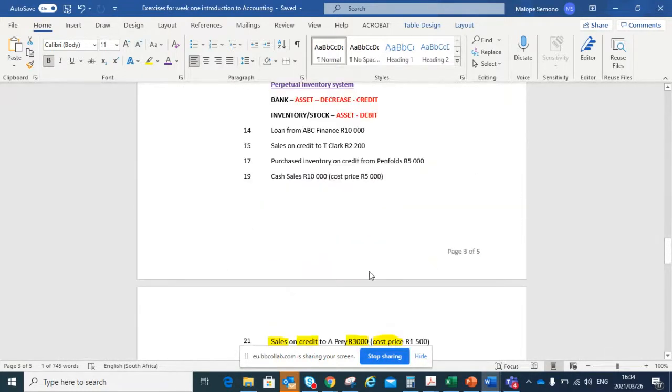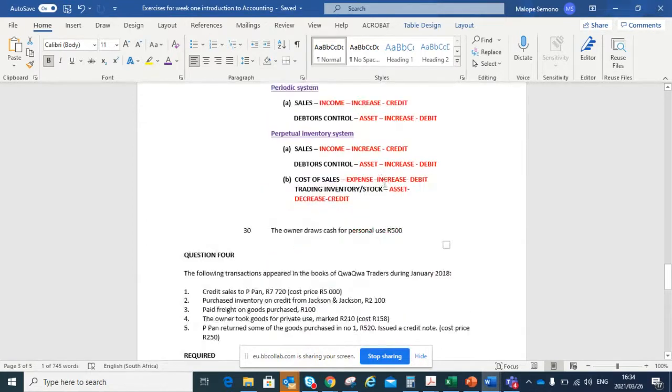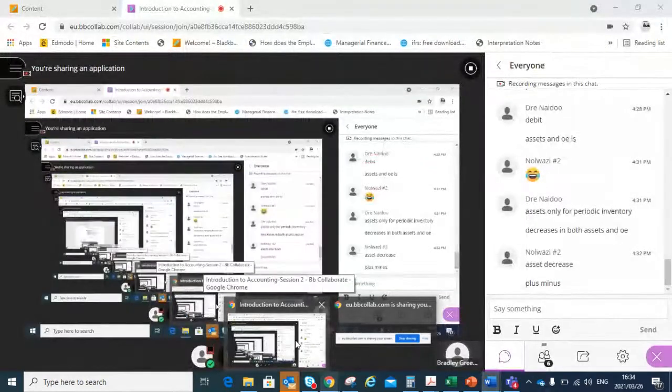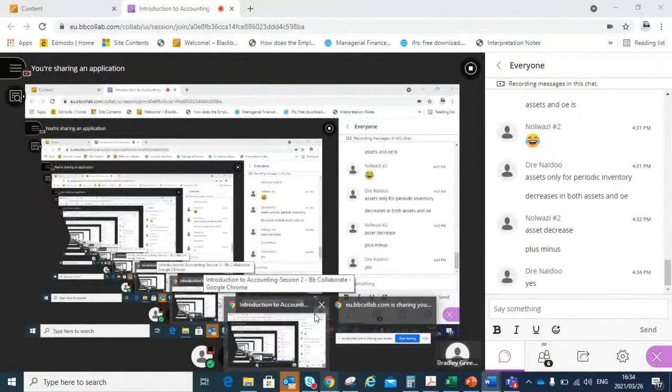Because I think we're left with this one. Okay. I think the loan one you can do. This one you can do on your own. If you struggle, guys, you come back to me. They're similar. But maybe we can do this one. What do you think? Can we do the 30th? Let me know if you are okay with it. We can do the 30th. Okay, let's do the 30th.